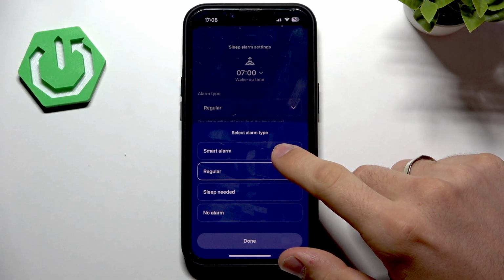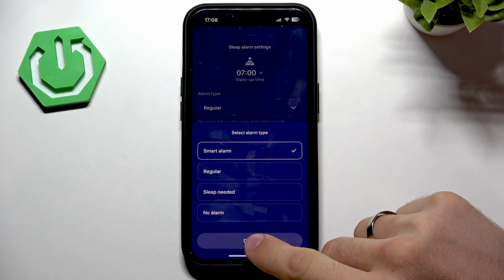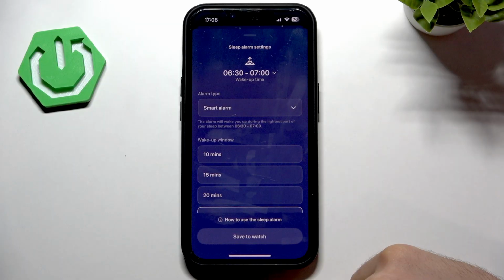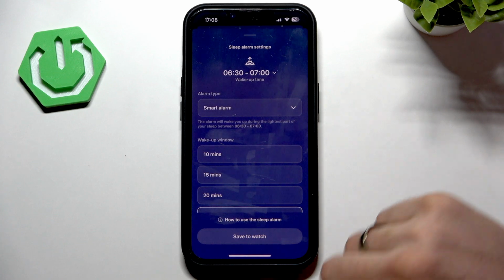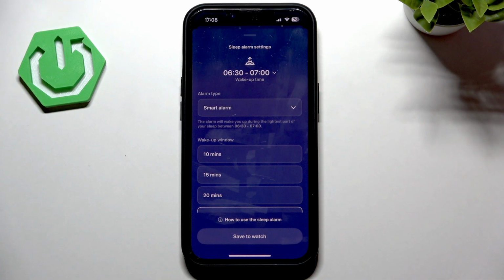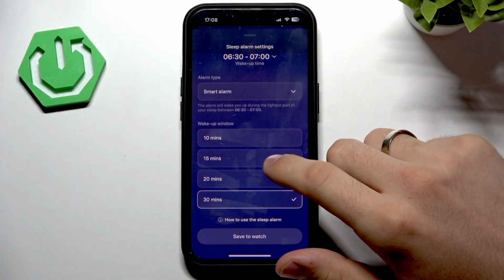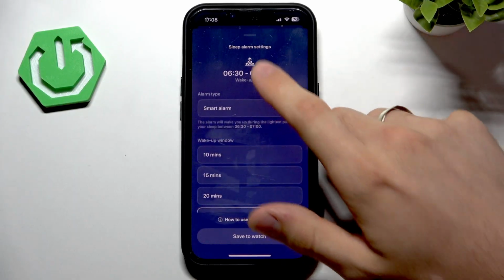So we can enable a smart alarm. Smart alarm is a really cool feature. The alarm will wake you up during the highest part of sleep between 6:30 and 7 a.m. What it means? It means that, as you can see